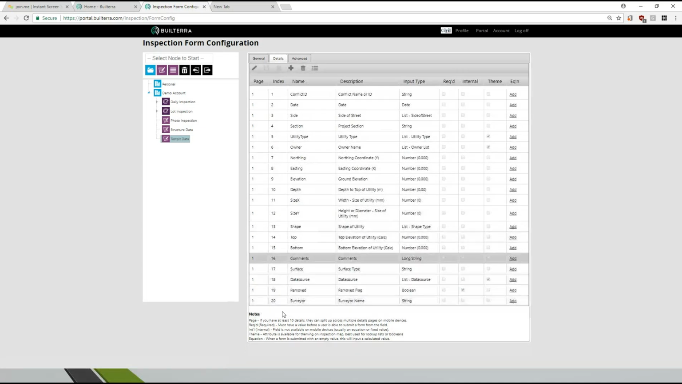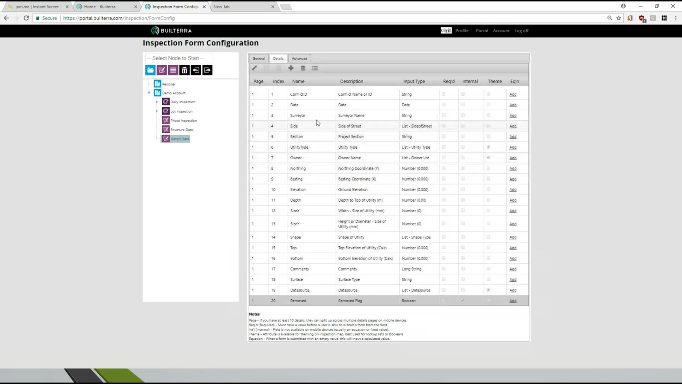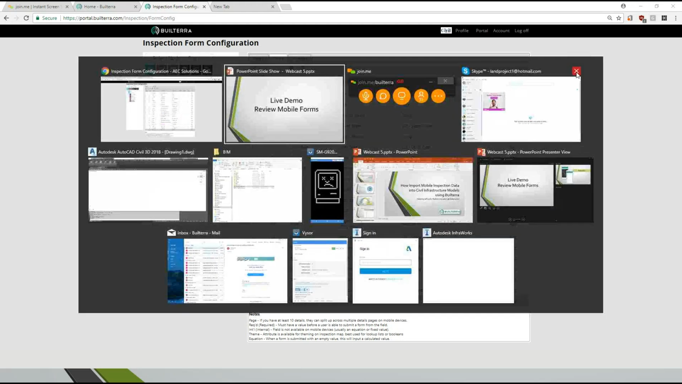If we want to put the surveyor maybe right up top there, we'll say it's number 3. So there. Okay. So now that we've got that set up, on the phones, we can just sync, and then it'll be done. So if I get back to my PowerPoint,